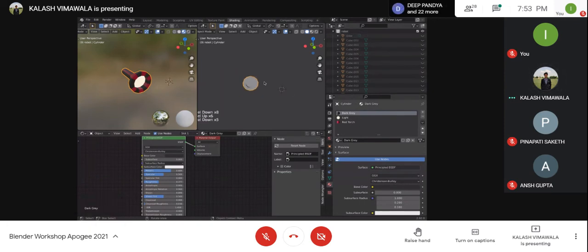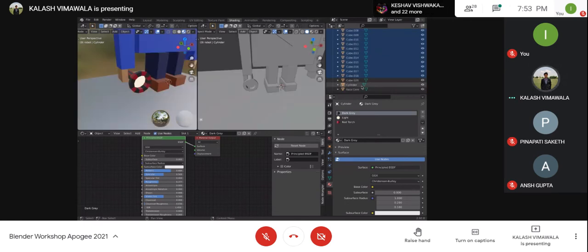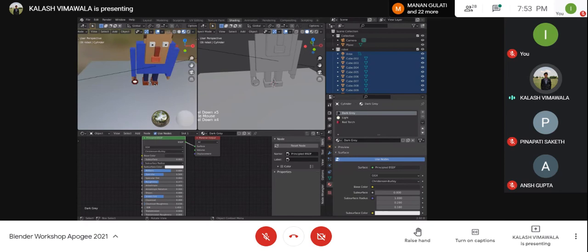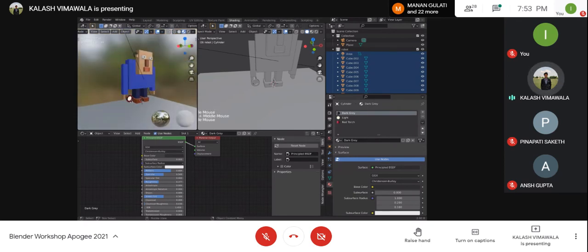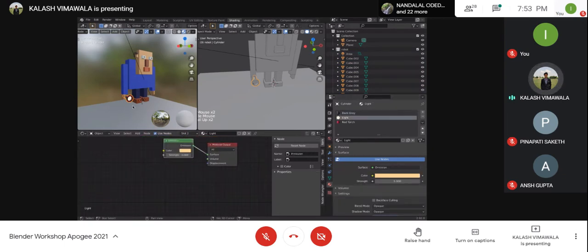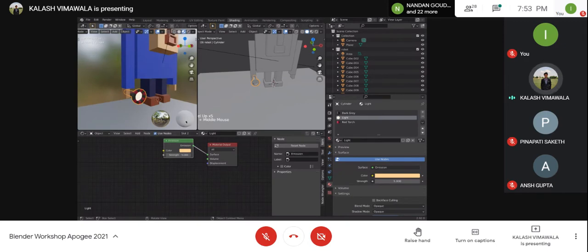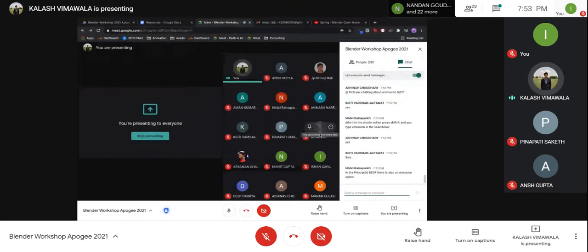I'll select all the objects from over here. And I alt hide, that is Alt H, and all of them will unhide. So now we have our complete scene over here. As you can see, the torch has an emission shader. This light has an emission shader, and the rest of the parts of the torch have a different shader altogether. So again, I'll give you 3 to 4 minutes to work on that and ask if you have any other doubts.